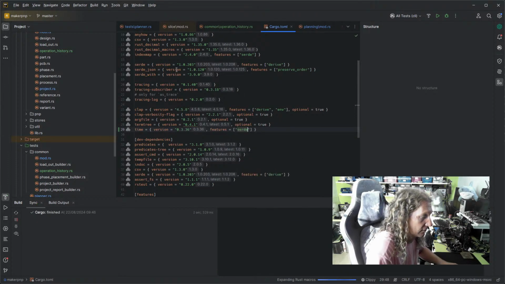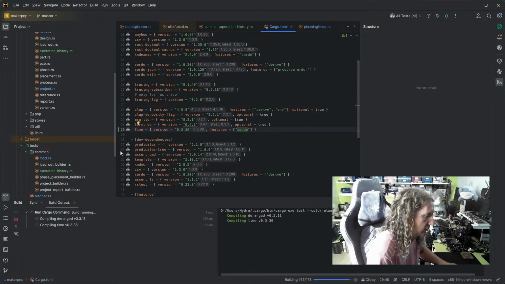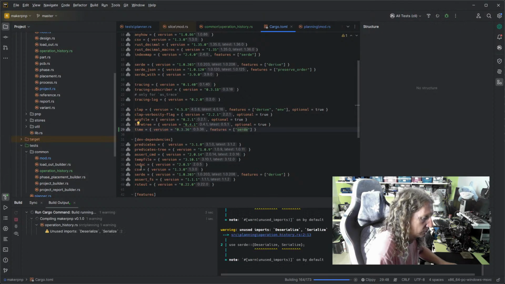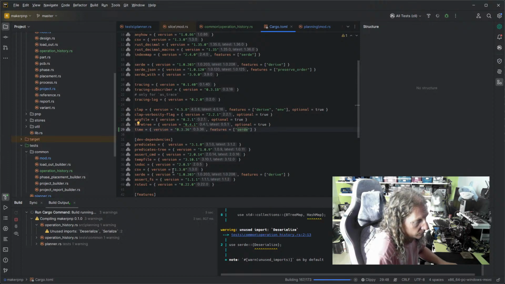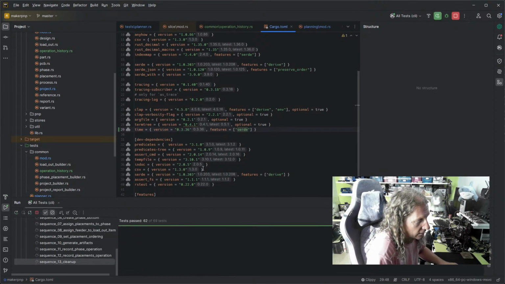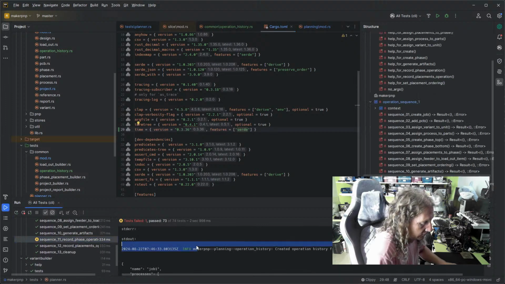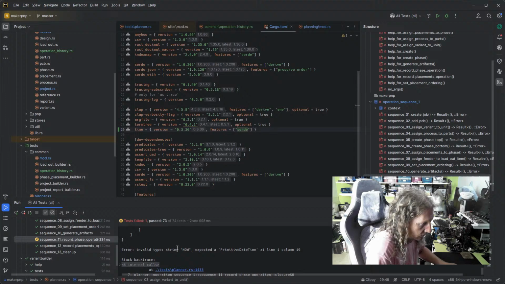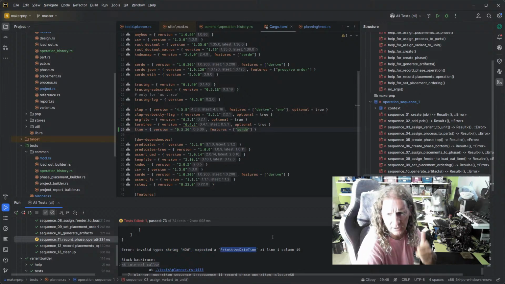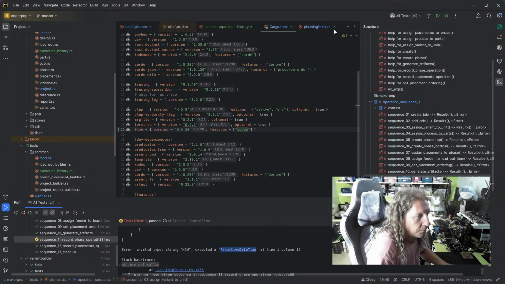So we do that, and then we run it again. Okay, and it should fail with a parse error or something like that, right? Invalid type string 9, expected primitive date time. Okay, good. Now let's poke the production code